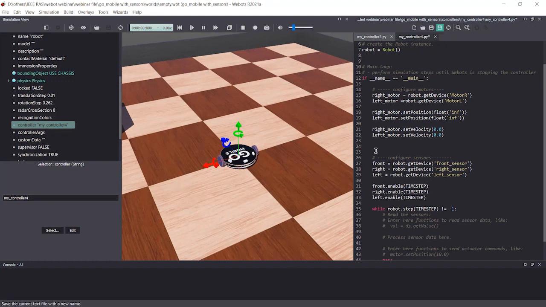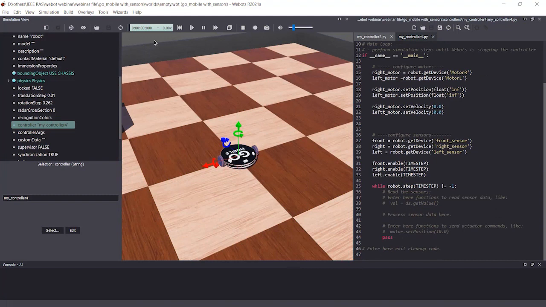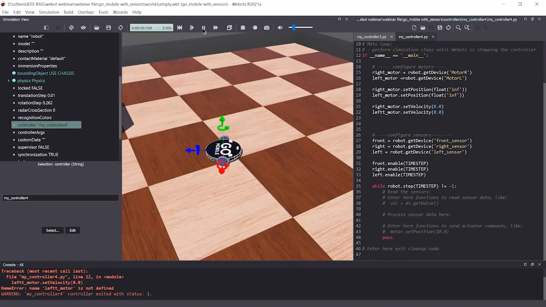I'm going to save this, and let's just run and see. Okay, now we are getting an error message. Here you can see at line 22. I did this intentionally.